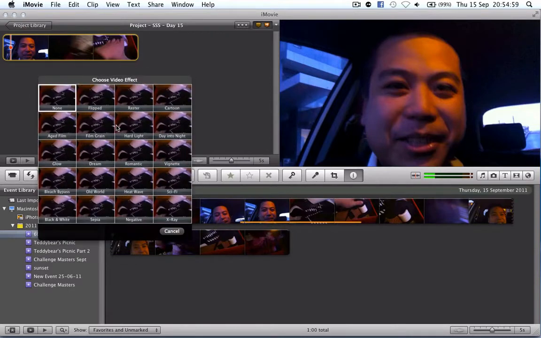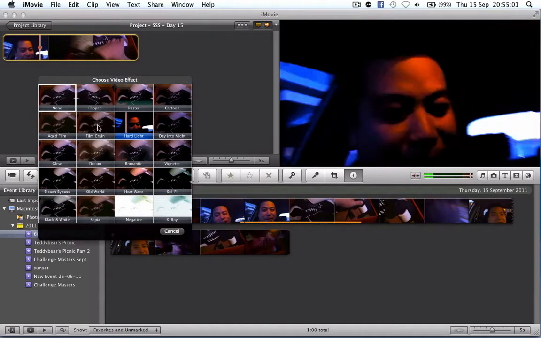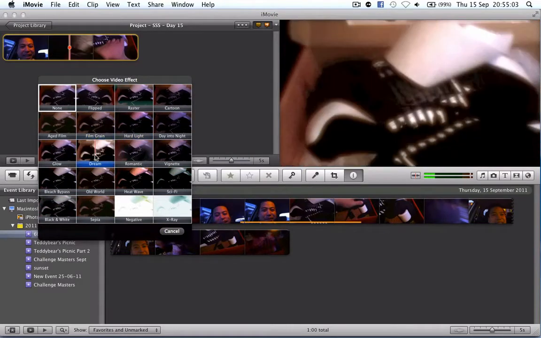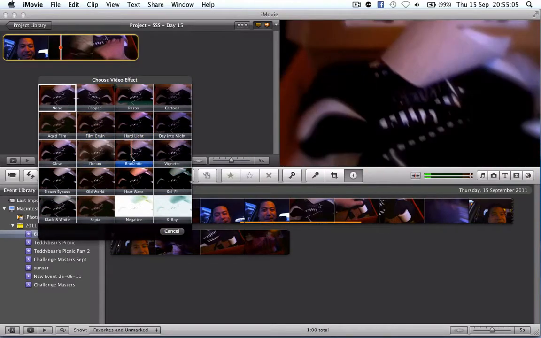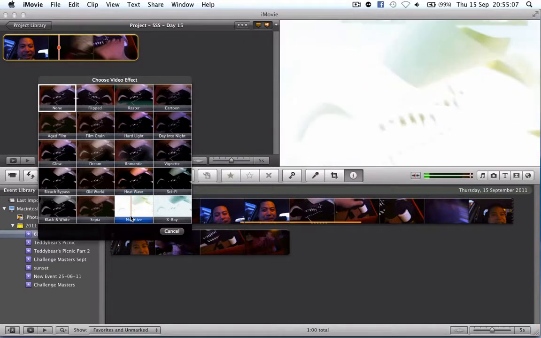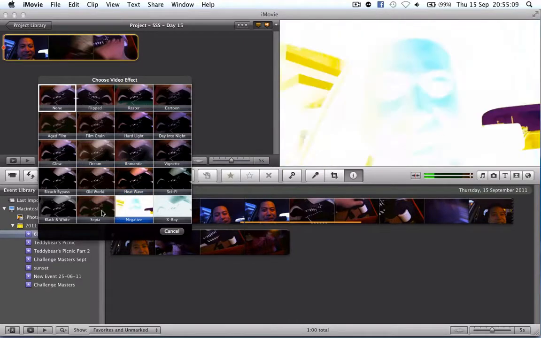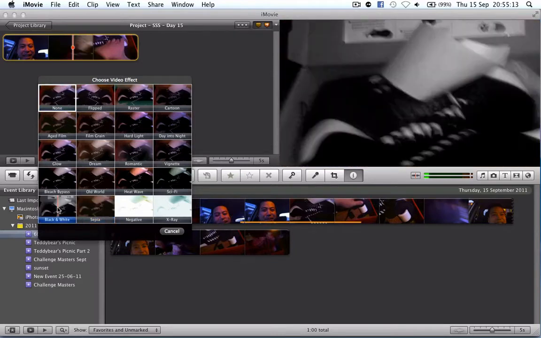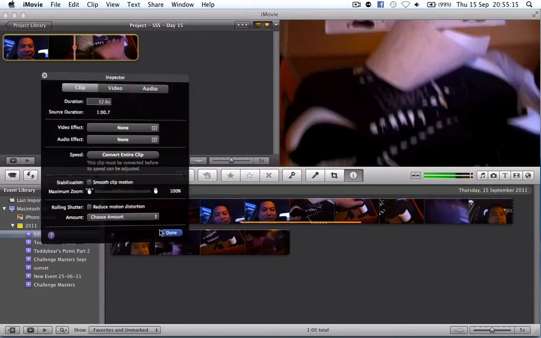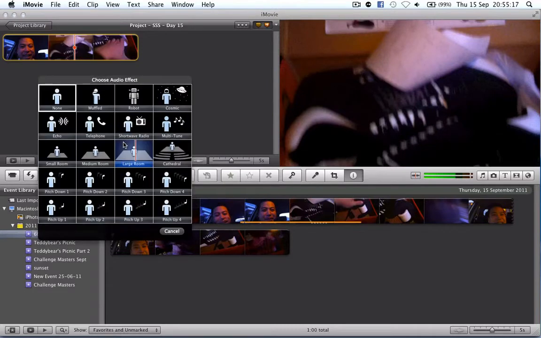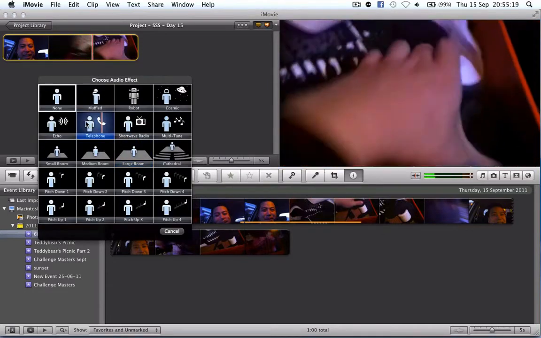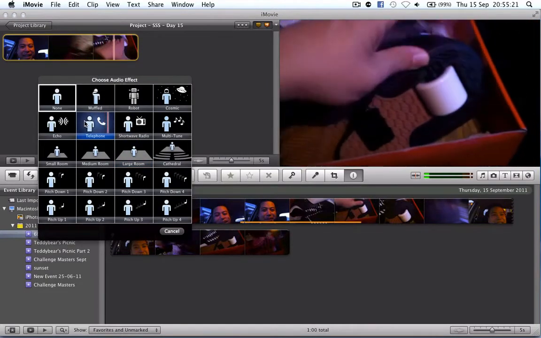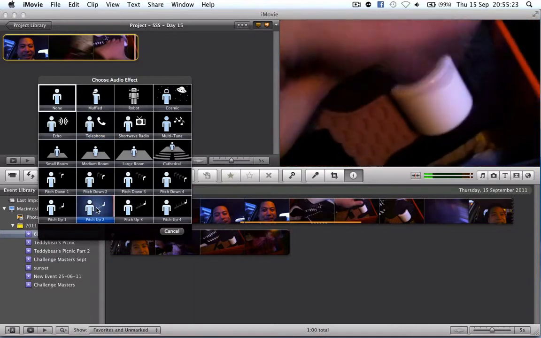I can choose the video effect, so if I want it hard light, I can do film grain, I can make it look dreamy, romantic, it puts a little blur around it, heat wave, turn it into a negative, whoa, that doesn't work too well, sepia, black and white even. I'm not going to put any of those effects on, and I can choose the audio as well. So if I want to make it sound like I'm on a telephone, I can pitch up,